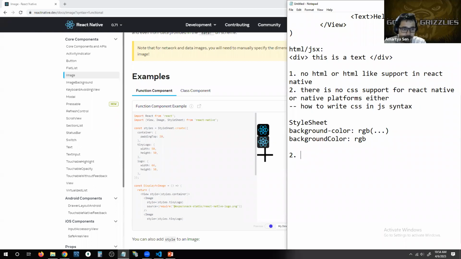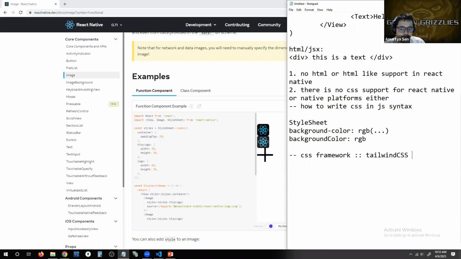There is, however, a second option, a second solution to not having direct CSS support. You will not see any CSS.css file within a React Native project or within a native programming project, right? So the other option is to use a CSS framework. And that is the reason why we specifically learned about Tailwind CSS. It is one of the frameworks that you can use. Of course, there is the Materialize UI framework. You will see some developers using that. Bootstrap is also there. You can use that, but your apps will look very similar because it is template based,